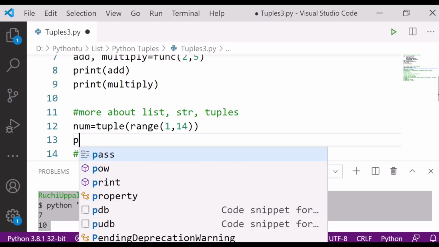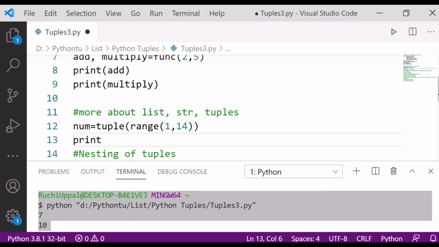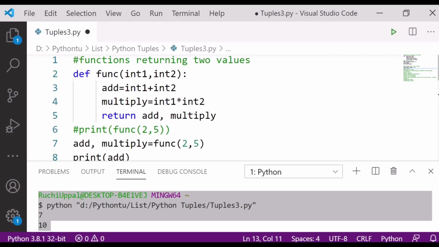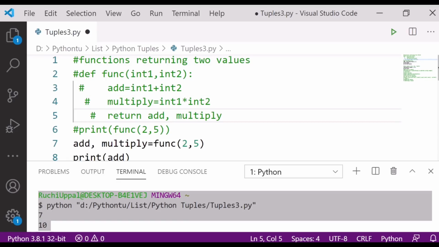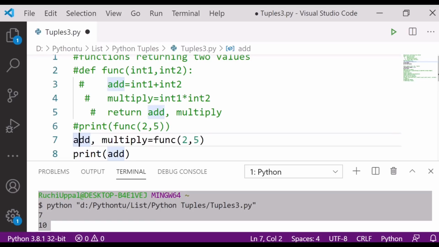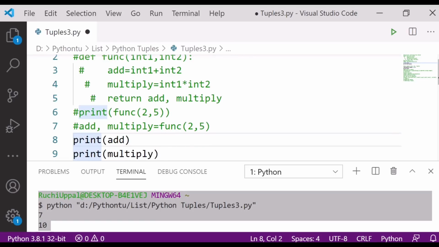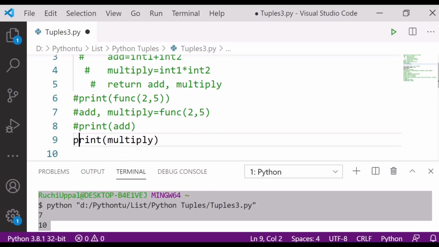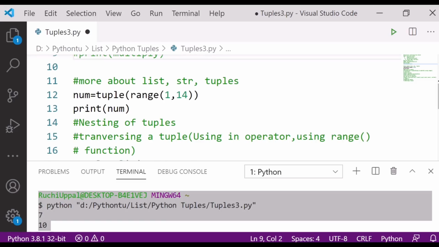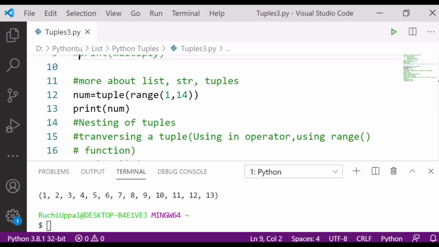After that, if I print number, what will happen here? Let me comment out this one. Let's save and have the output here so that we can easily find it.